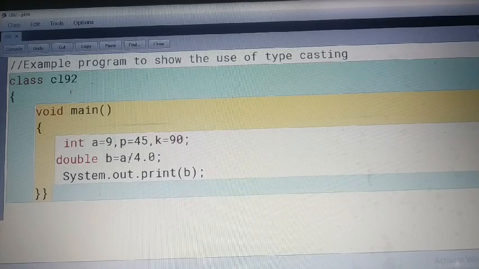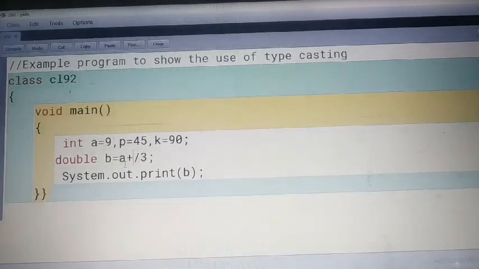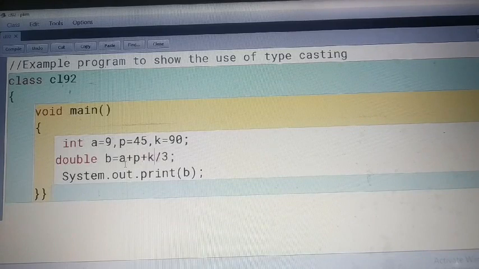I want to get their average, and I have taken here 3, and here I am adding all A plus B plus K. Now after adding, one mistake that we normally do, you have not to write this way. If you are writing this way, K will be divided by 3 and others will be added later. So that is a wrong procedure. So first we will aggregate this. Means we will say to system, we are desiring to add A, B, K, and then we will divide it. Okay. So let's see the result.